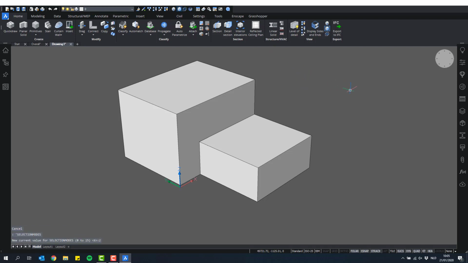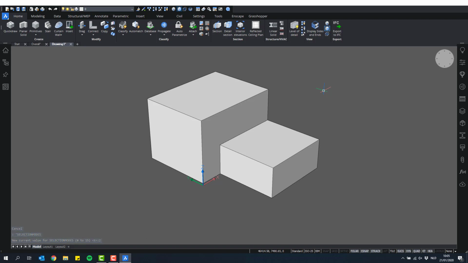One final thing about these selection modes, if you hold Control, it will invert the selection mode. So currently I have my selection of faces prioritized, so enabled my selection of faces and disabled my selection of edges, which means if I would not hold Control, I would highlight my faces, not the edges and not the solid. However, if I would hold Control now, it will do the inverse. So now I'm highlighting my solid, and if I go to the edge, I'm highlighting my edge. And then I can use this to, let's say, fillet this edge. Okay, so now that we have these basic concepts out of the way,